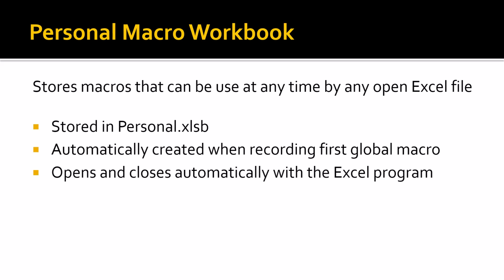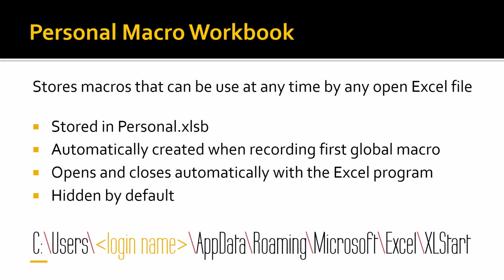This file opens and closes automatically when Excel opens and closes. But you don't see the file because the file is hidden by default. Now, I'll show you how you can reveal this file, but typically you don't need to. The Personal.XLSB file must reside in a very specific location on each PC. That path is here: the C drive, users folder, then the user's profile login name, AppData, Roaming, Microsoft, Excel, Excel